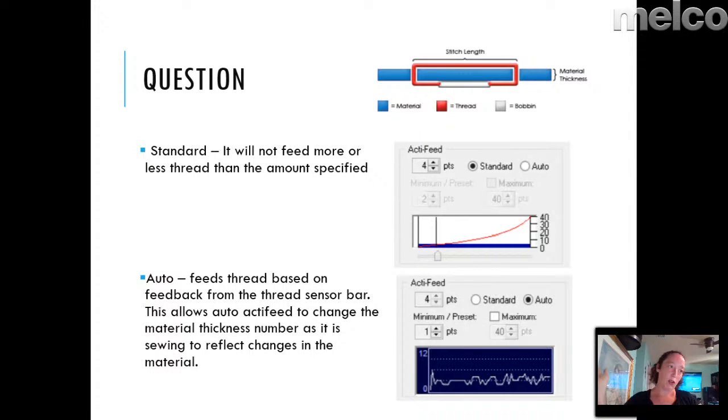Don't make it go more thread, not less thread. Just give me the thread I program in with this number. So it's only going to give you a very specific amount of thread for each stitch. Whereas auto is looking at that thread sensor on the front, and it's at the thread conditions and the sewing conditions of your garment, and it's automatically going to adjust how much thread is pushing out to make